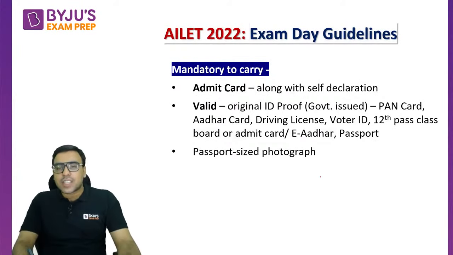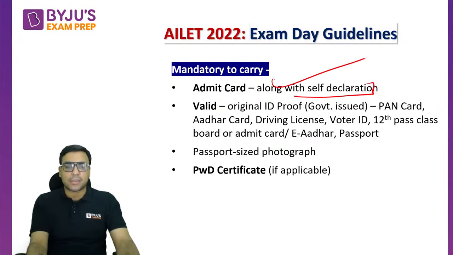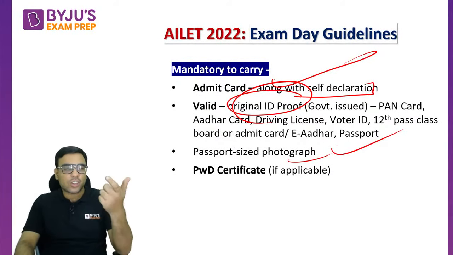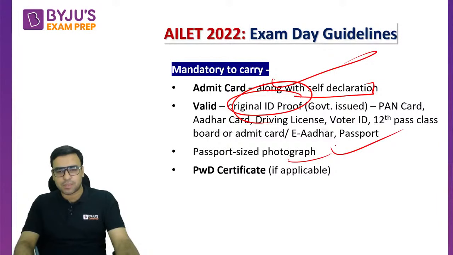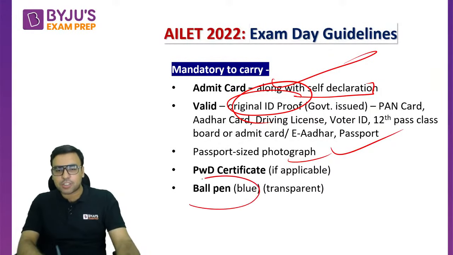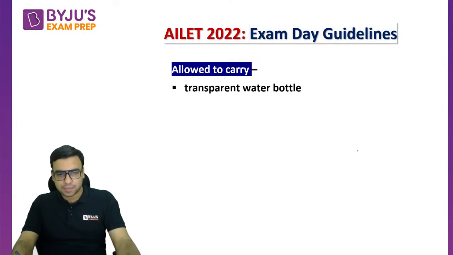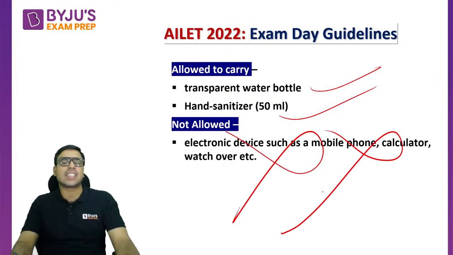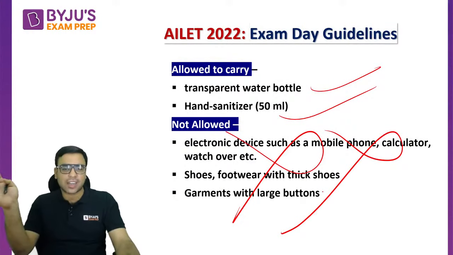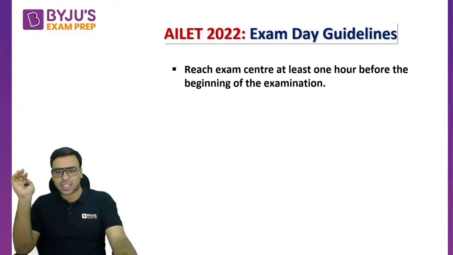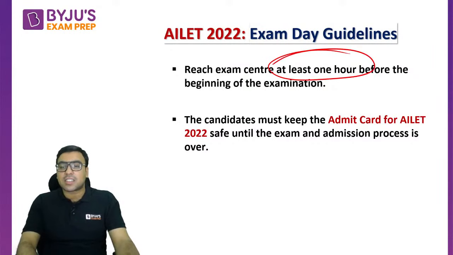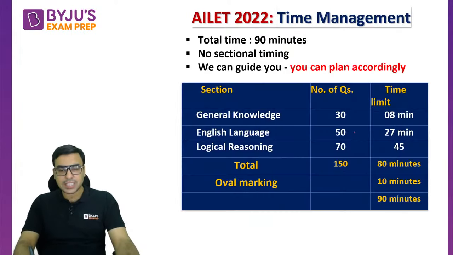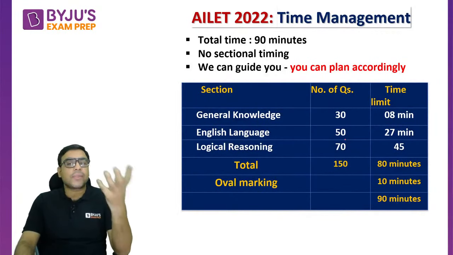Now, the guidelines of the examination day, I have told you, you should have an admit card, valid original ID. If possible, take the photo. If your photo is not clear in admit card, take the photo. Okay. Now, of course, black, blue, ball point, we have discussed it. You are supposed to carry water bottle, sanitizer, etc. Please do not take any digital thing like calculator, mobile phone, etc. Do not bring such things inside the examination. Please read at least 1 hour before the examination. We have discussed these things. COVID instructions.